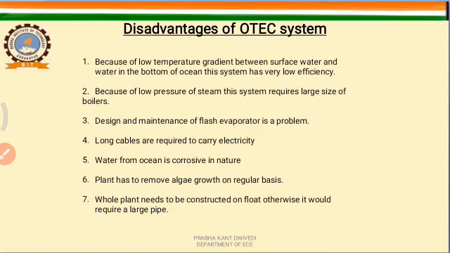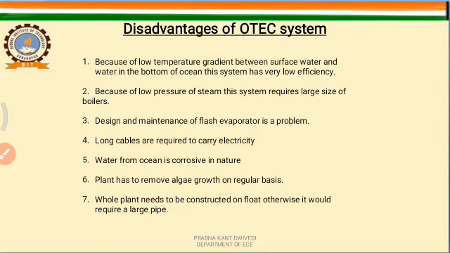But why is it not a problem? Because what I am using at the input of this system is available infinitely. I am using at the input the surface water of the ocean, which is available infinitely. So even at the lower efficiency, this system is very useful. So efficiency is not a big deal here.